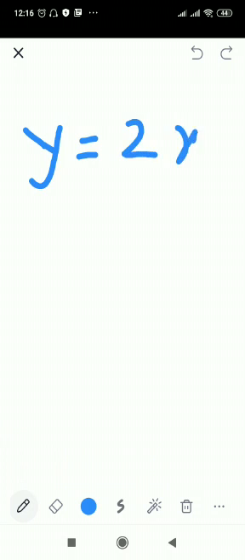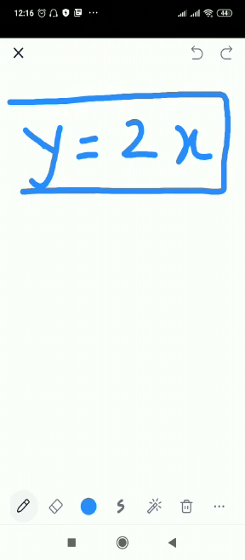All right, for example, if you're going to have the equation y is equal to 2x. This equation means that this is the function we are going to use to find out the values for y. It says that y equals 2 times x. इस इक्वेशन का मतलब ये है कि x की हर वैल्यू को हम 2 टाइम्स करेंगे, 2 से मल्टीप्लाई करेंगे, तो आपके पास y की वैल्यूज आ जाएंगी.